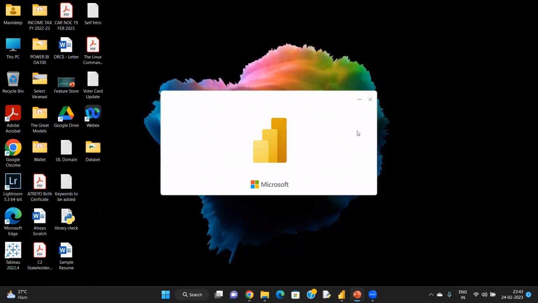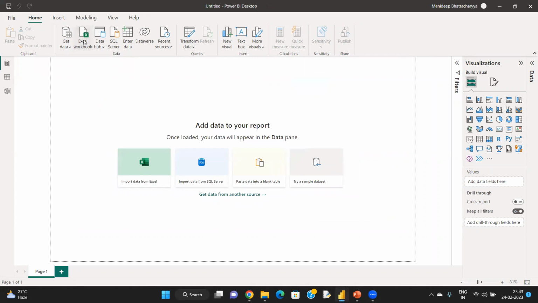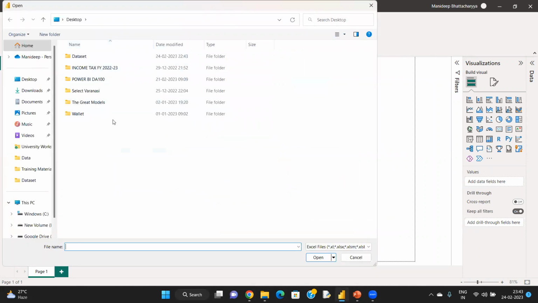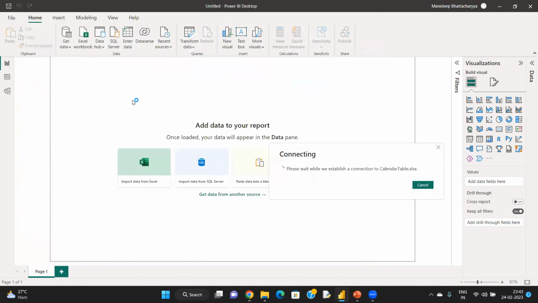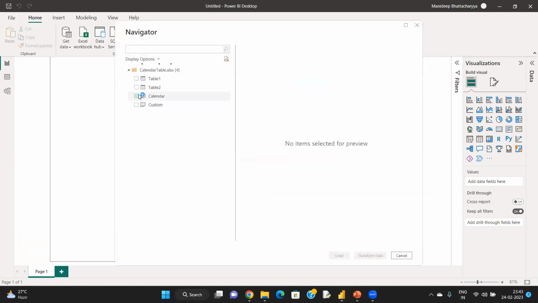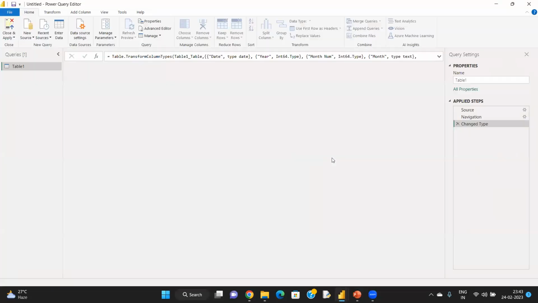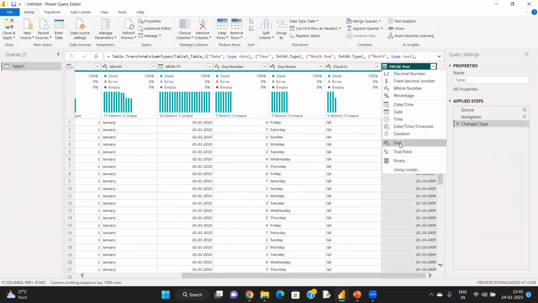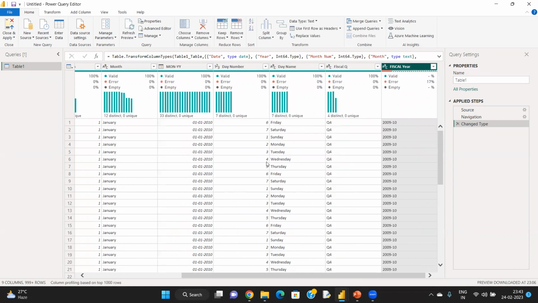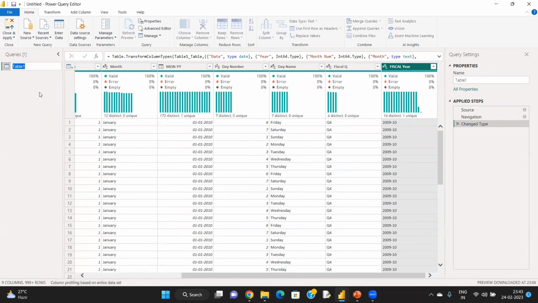Okay. So in this case, we have taken superstore data, which is a known set of data. First of all, I'll create the detailed report first. I'll take the data set and import the calendar table. Okay. And I'll click transform and check whether there is any error in the report or not. Fiscal year has got an error. Let us try to replace it. Yes, I think it has cleared it. Let's rename it as